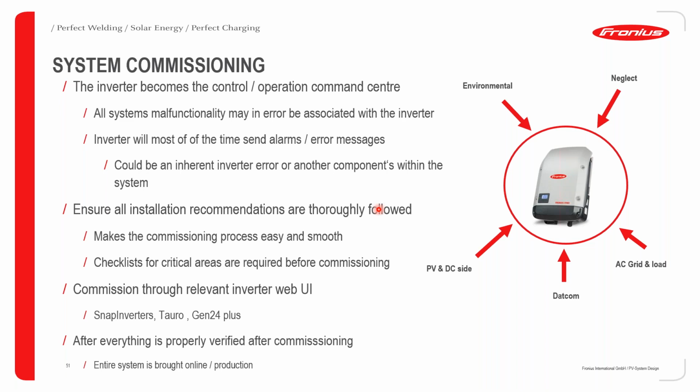So ensure that you always follow the installation recommendations thoroughly, and this makes the commissioning process easy and smooth. Also, when you are done with the installation of the system, we do recommend that you create a checklist for all the areas of the system, starting from the DC side on the modules, the strings, the DC cabling, DC combiner boxes if used, then come to the inverter, all the way to the smart meter and the connection point for the grid,